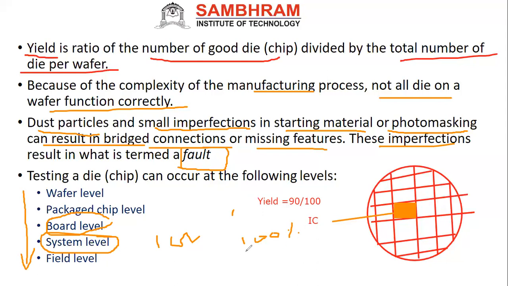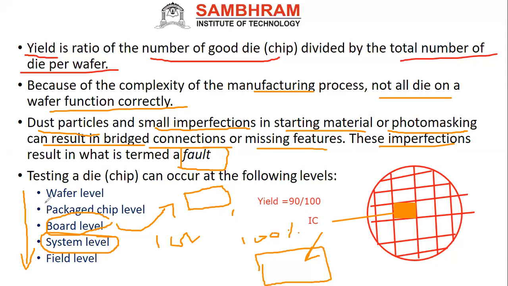System level means, for example, your motherboard. Once the complete motherboard of your system has come, and after that you verify and find any problem, it will be very costly. The yield will be very costly. It is the same way with board level. For example, take a development board, like an Arduino board or Raspberry Pi board. If the Raspberry Pi board is not tested and the complete board is finished, and now you start to check, again there is a problem.